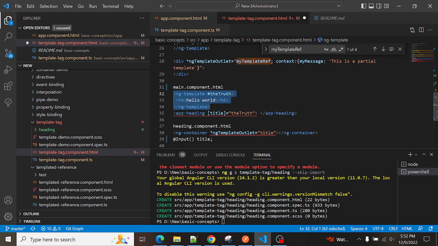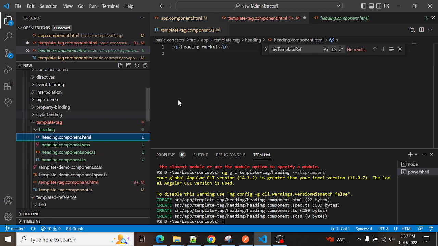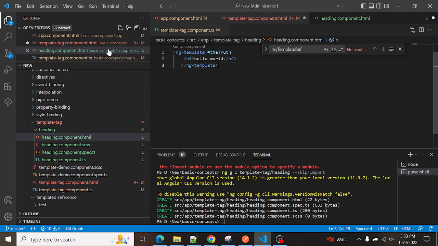Now, if we have defined the template here, in the heading component,